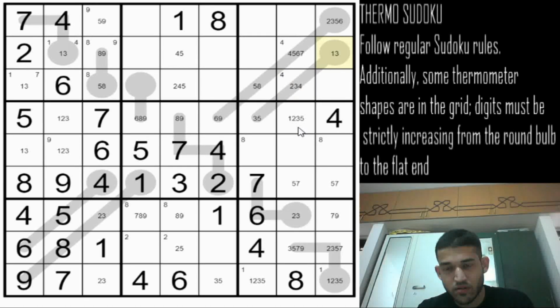So 7 possibilities in box 3 are only 2 cells. 7 cannot be in column 7 in box 3, and it cannot be in row 1 of box 3 as well. So 7 can only have two possibilities in box 3, which are this cell and this and this. These are the two cells which can contain a 7 in that box.